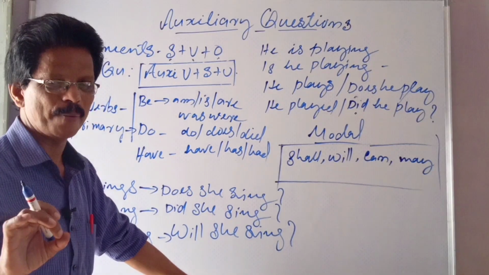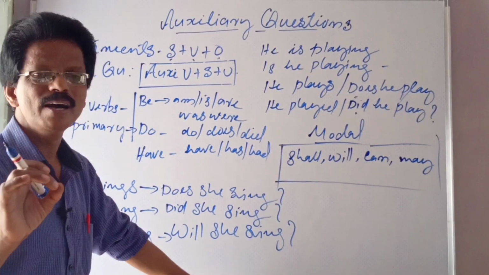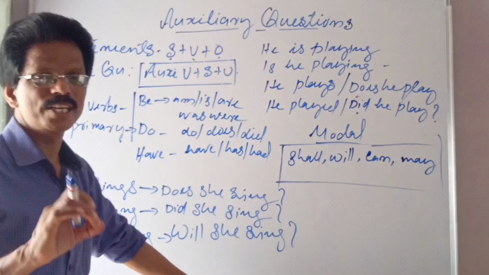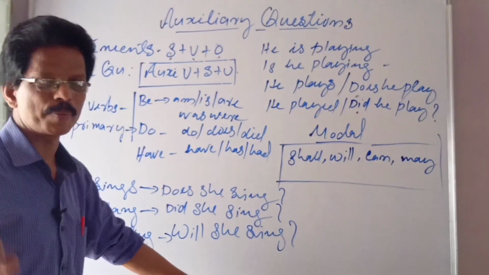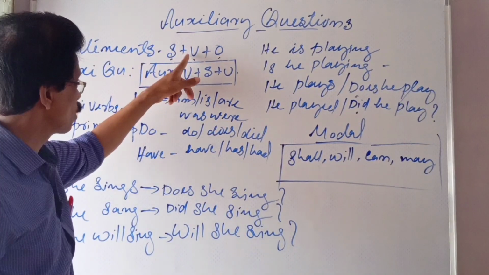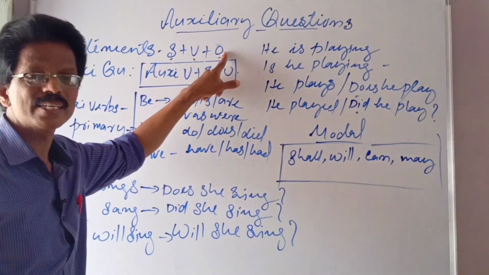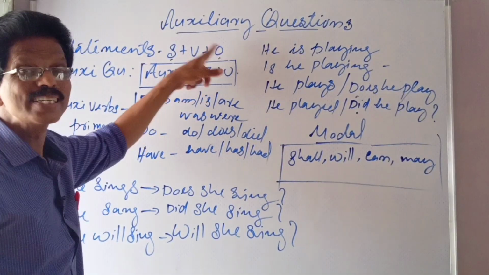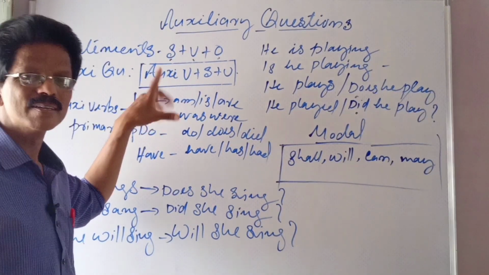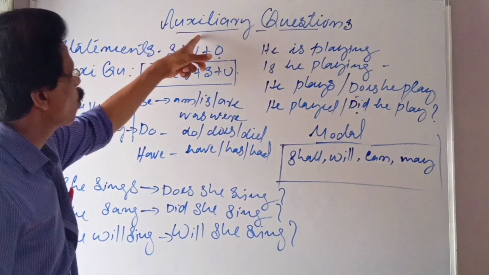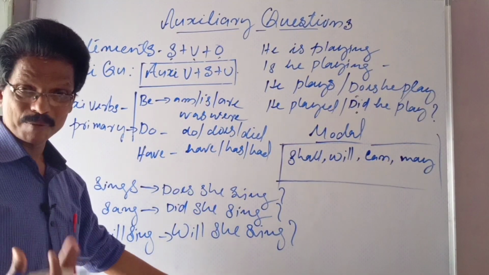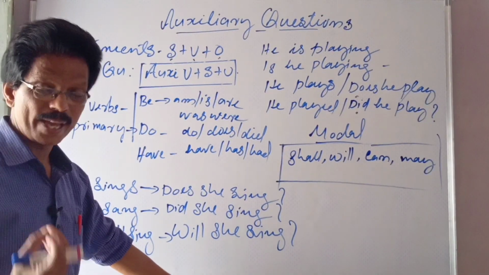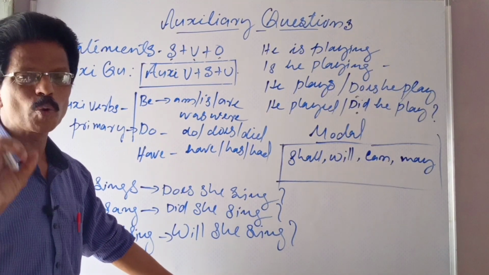Simply a sentence to say: I write, I speak, I learn, he eats, she sings, he sleeps, etc. Subject plus verb plus object is the word order of a statement. That is a statement. Then comes the auxiliary question. If you want to ask something, even politely, you have to make some questions.